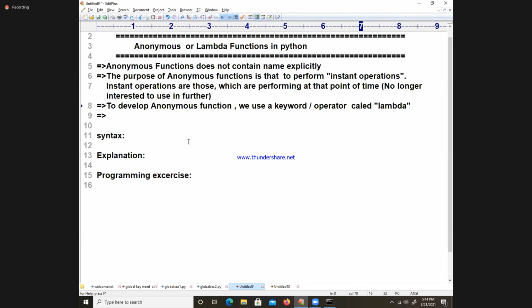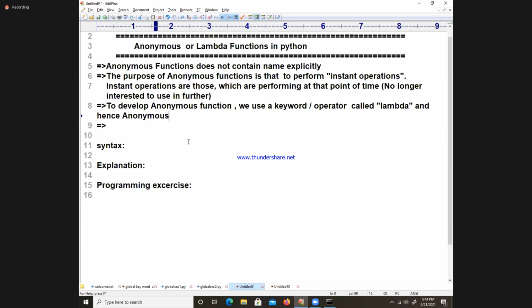And hence anonymous functions are called lambda functions, because every interview will compulsorily ask this question: what is the purpose of lambda functions? To perform instant operations. Instant operations are nothing but wanting to perform the operation at that point of time without defining an explicit function.